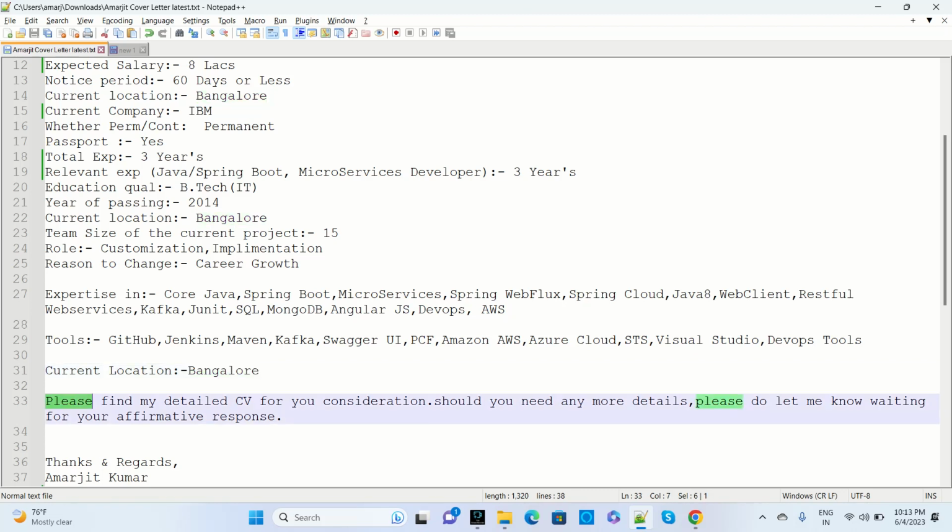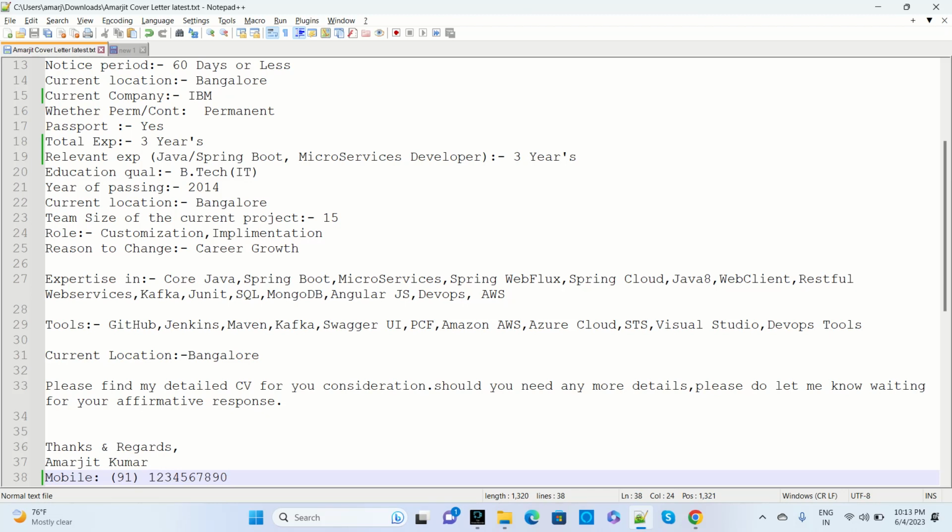And then this last line you can mention: please find my attachment of CV for your consideration. Should you need any more details, please let me know. Waiting for your affirmative response, like that you can mention. And thanks and regards, your name and mobile number, so that they can directly connect with you if they need anything, or they can also reply